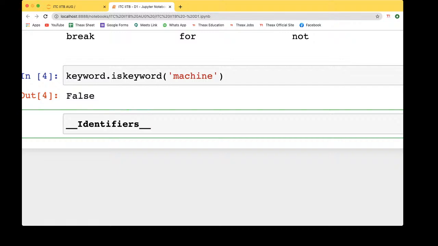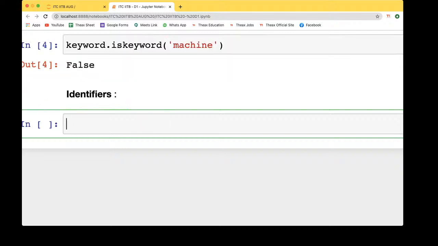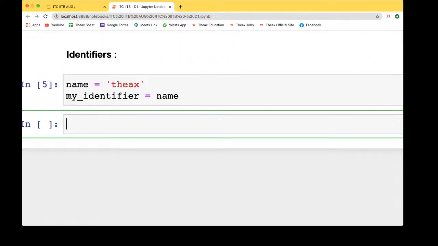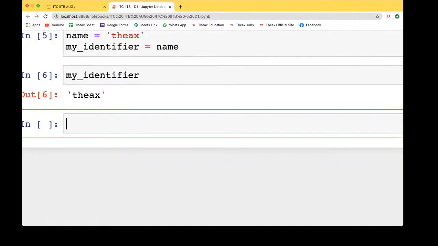Let's say we take name equals a value, and I'm saying my identifier is name. We run this, and if I print out my identifier, you get the value over there. That is a good thing.